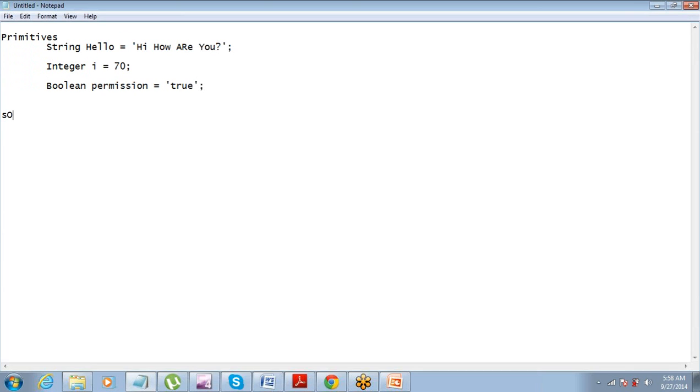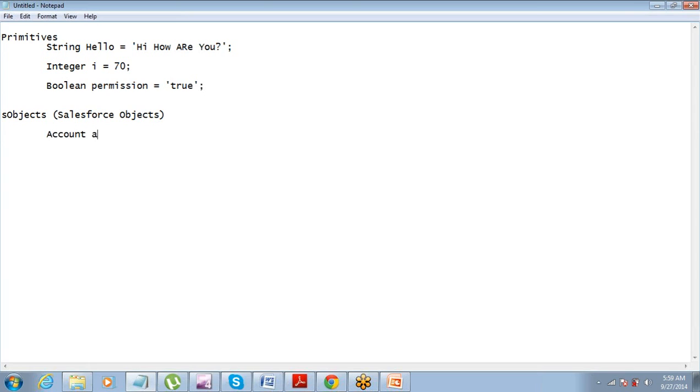Now we are talking about S objects. So S object, as I told you, this is Salesforce objects, right? So the logic behind this S object is pretty simple. How do you define a variable for a record in the database, right? So S object helps you define a variable for a record. So it's a variable which can hold a record, right? So records are usually stored in tables. So the data type will be the name of the table here, correct? The data type name will be name of the table, something like